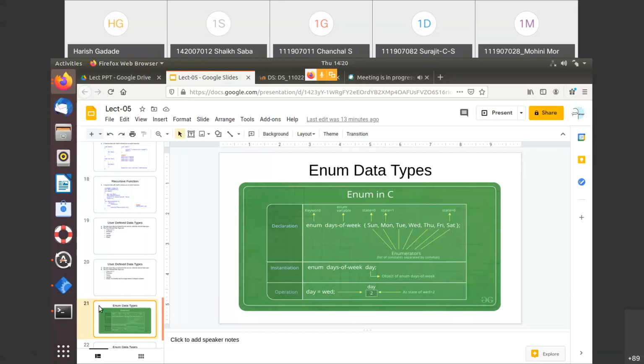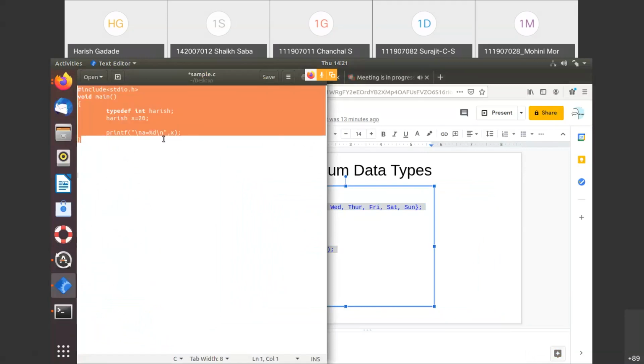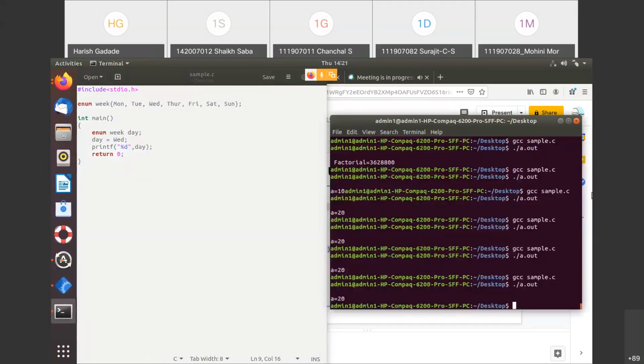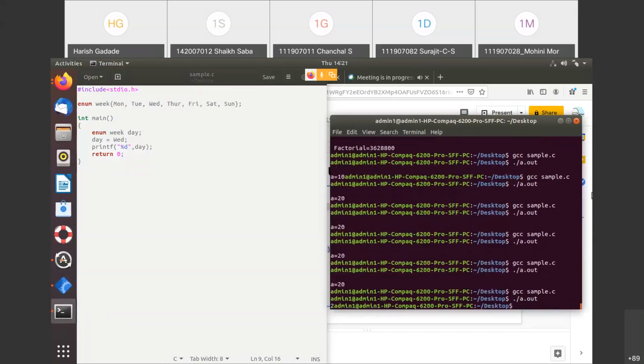I'll show you an example. I just copy this and paste it over here. Again I need to change this, and I'll run this. Let me see the output. It is 2.